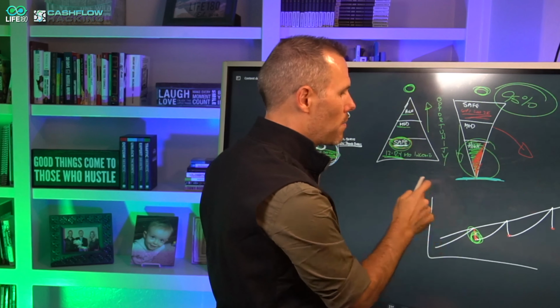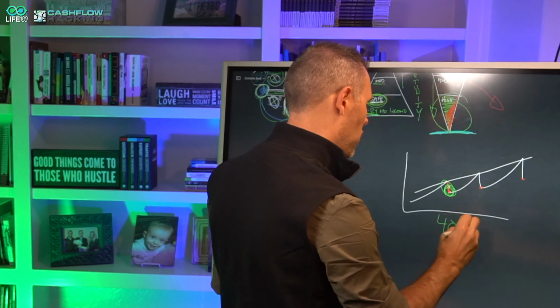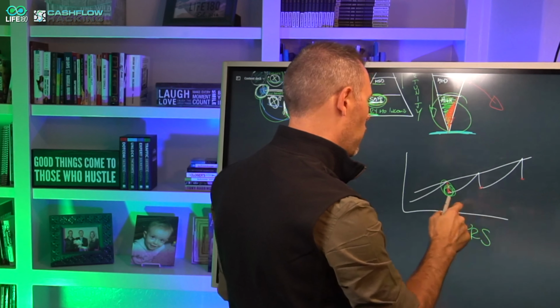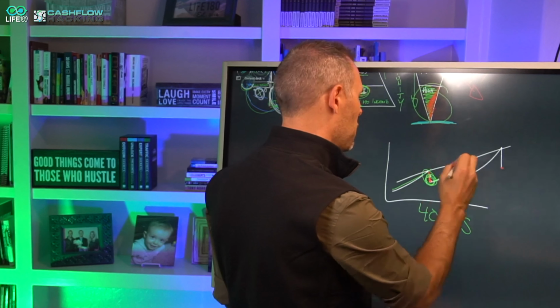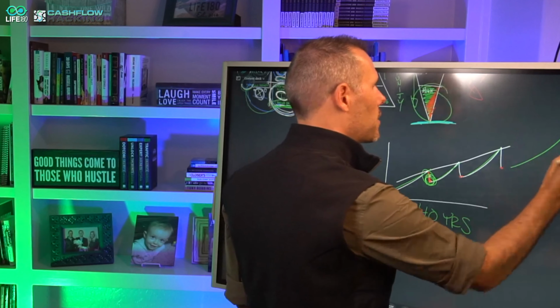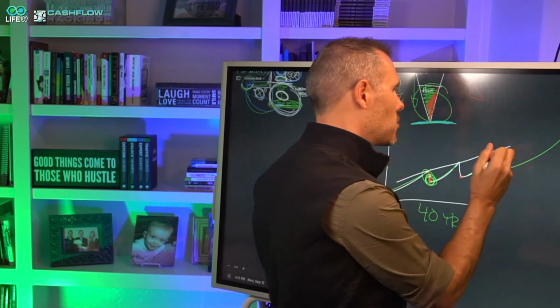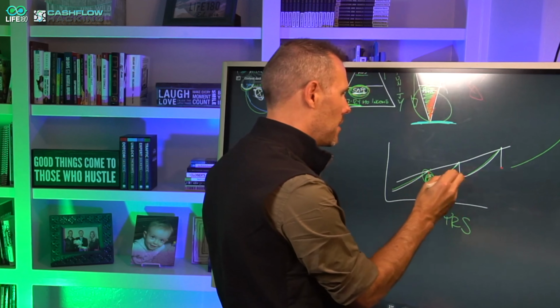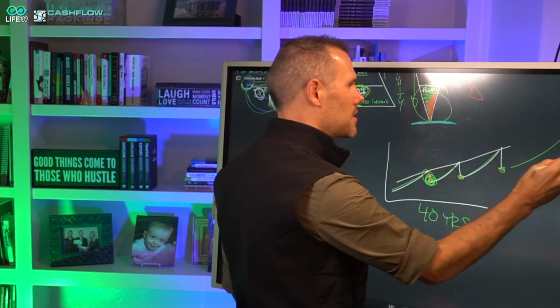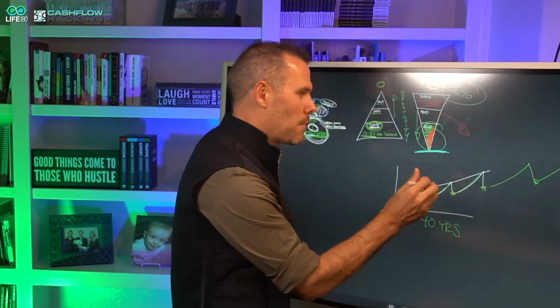And we have a 40-year period. Think about it this way. If we have 40 years and we know that we're gonna have these boom bust cycles, boom, boom, boom, you know there's gonna be 5 or so boom cycles and 5 or so bust cycles. And if we know that that's gonna happen and there's greater opportunity in the bust than the boom, why are we not preparing for those busts?